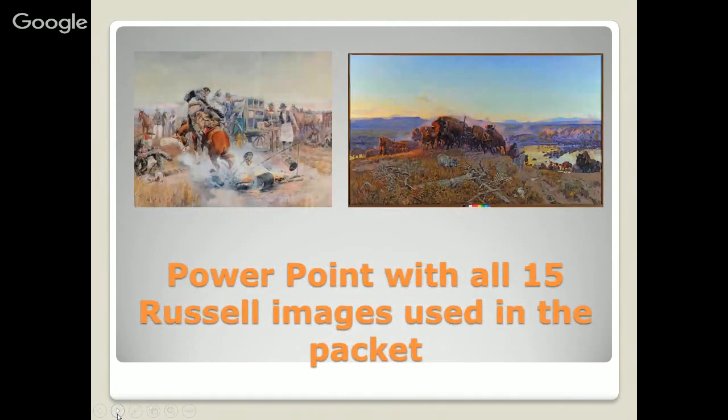We also have a PowerPoint that has all 15 of the Russell images that are used in the packet. When you do get the packet, it comes with some very, very beautiful 8 by 10 glossy prints of Russell work. And we've tried to be very diverse in his work. There's paintings, there's watercolor, there's sculptures, so a lot of different types of medium that can be viewed and looked at and talked about within